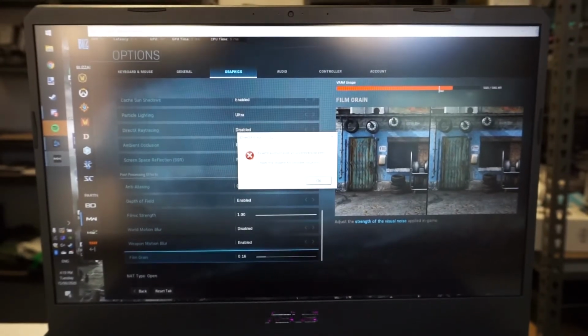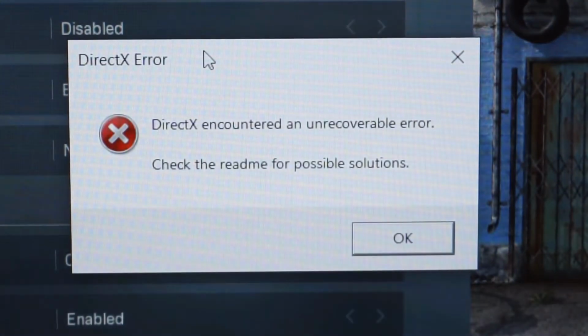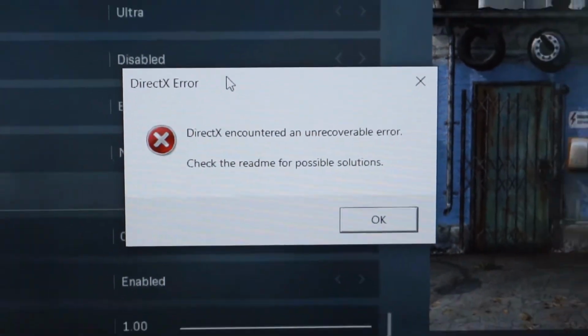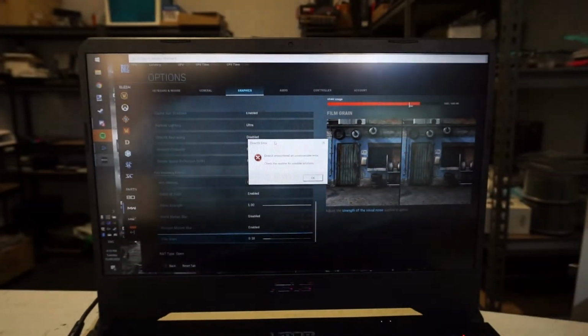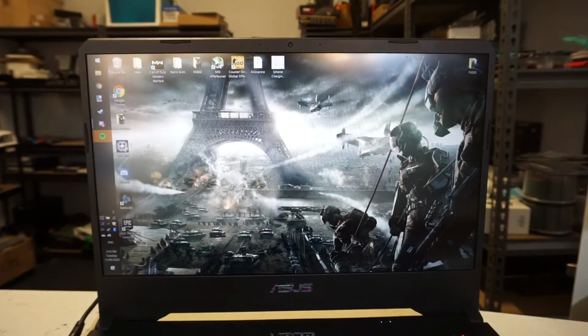So what is that DirectX error? DirectX encountered an unrecoverable error. Check the readme for possible solutions. Everything I found with this didn't really help me, but what I did in the end was one thing that